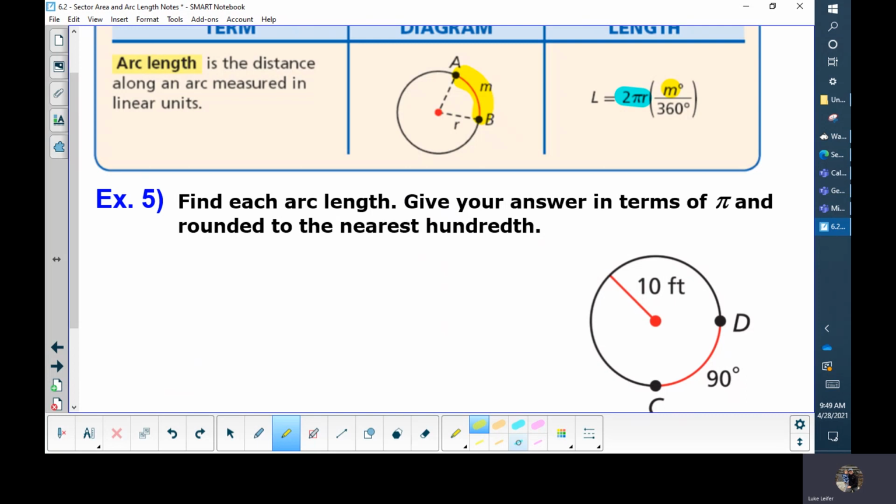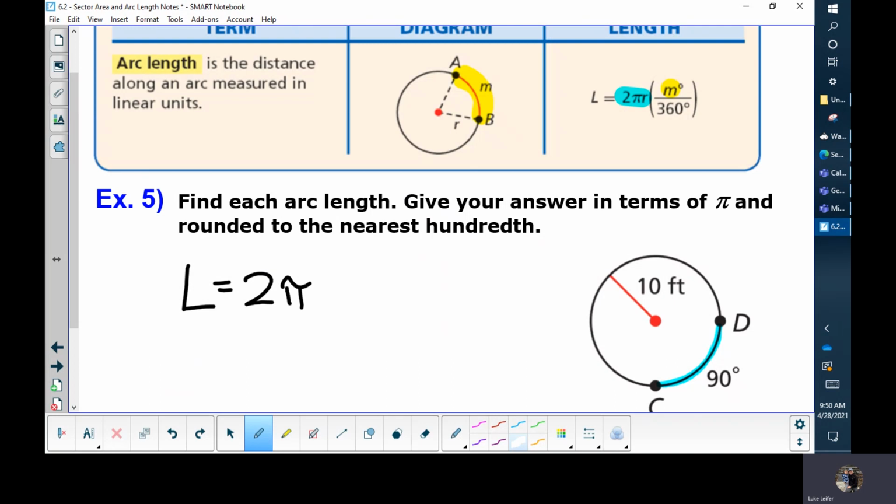So what I mean by that is, if you look at this picture, I don't really need the radii there, do I? Sometimes it'll be in the problem, sometimes it won't. Okay, they give me that the measure of this arc length is 90 degrees out of the 360. And on the other one, they used a big A for area. This one, they used a big L for length, arc length. So big L equals